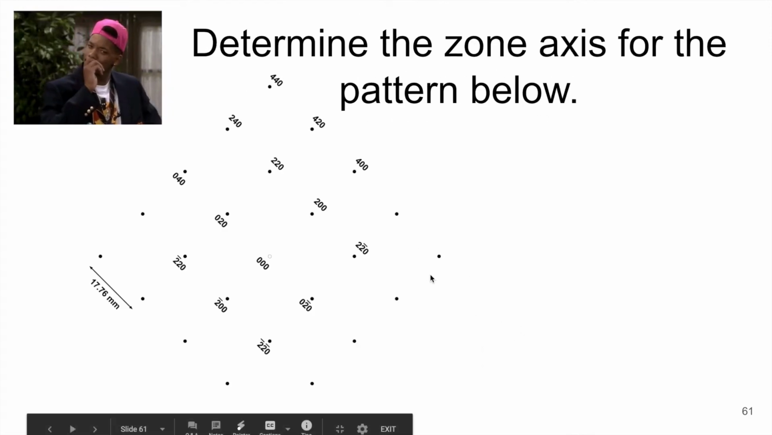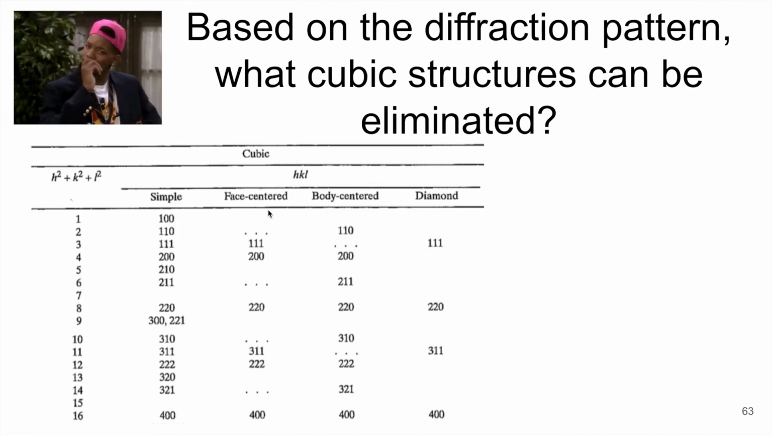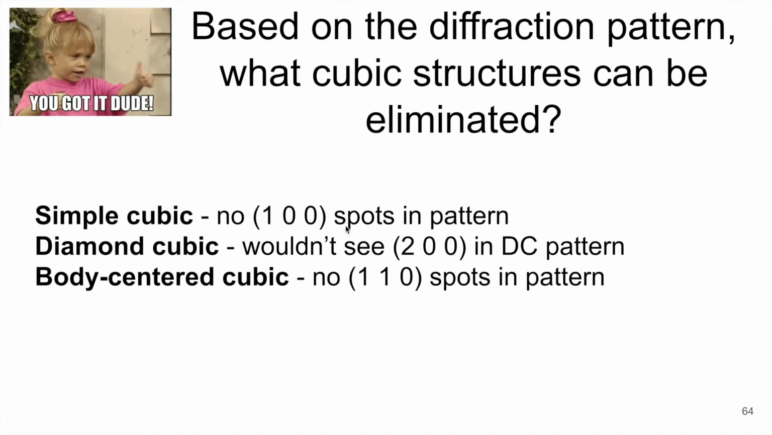So in our pattern, we see the 2, 2, 0, but again, we don't see the 1, 1, 0, which from geometry we'd expect somewhere right here, right? We expect to see the 1, 1, 0 for body-centered. So from the lack of the 1, 1, 0 spot, we can exclude body-centered cubic because our pattern doesn't have